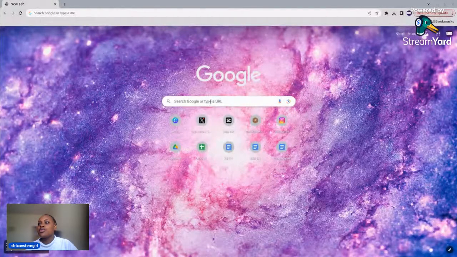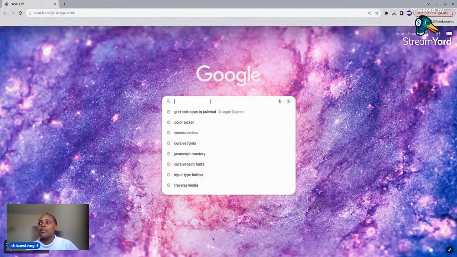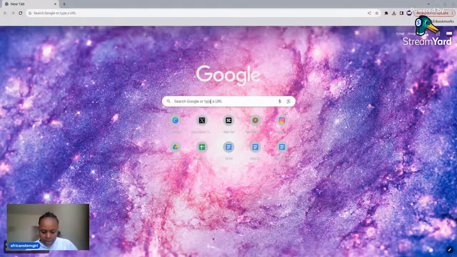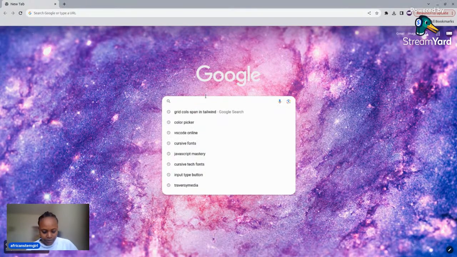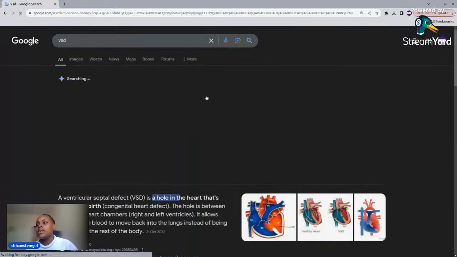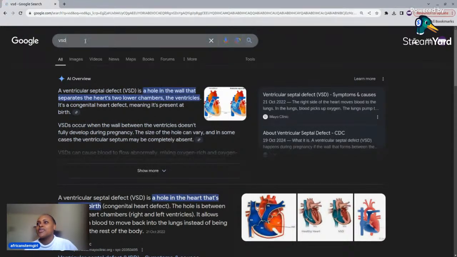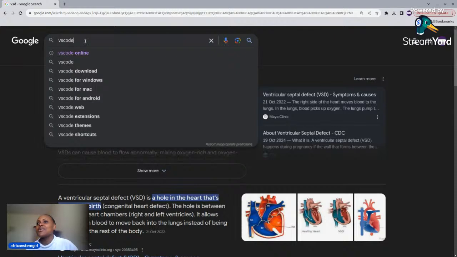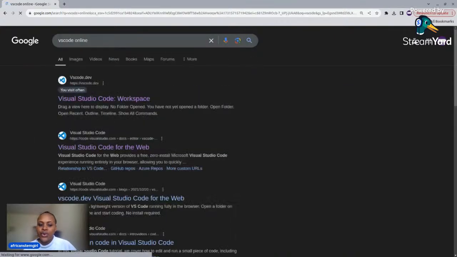So we are going to use the online IDE, that is VS Code Online. For those of you who have not joined us in the sessions before, we are mainly going to be focusing on making the project a weather app project, and